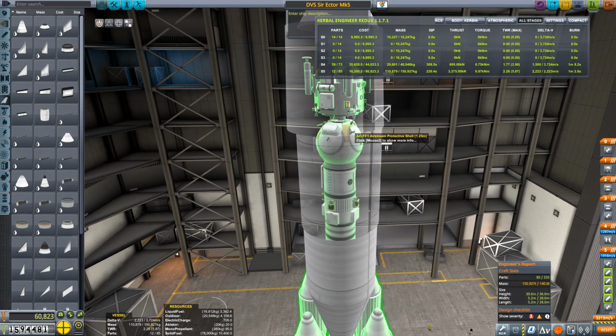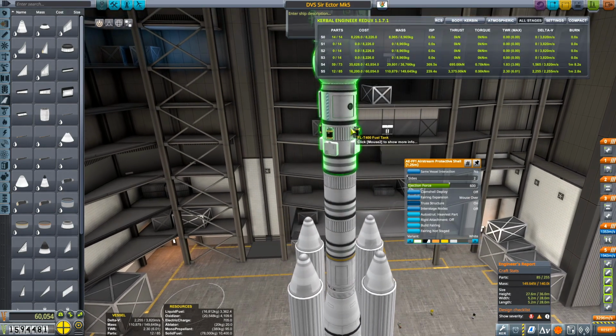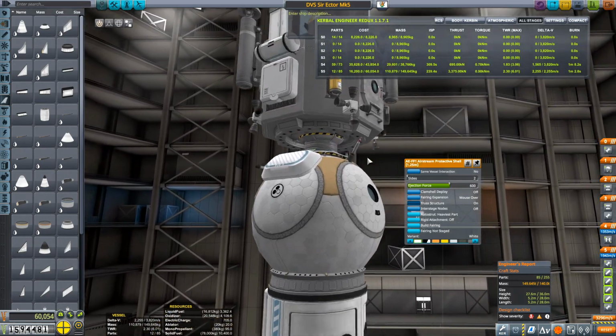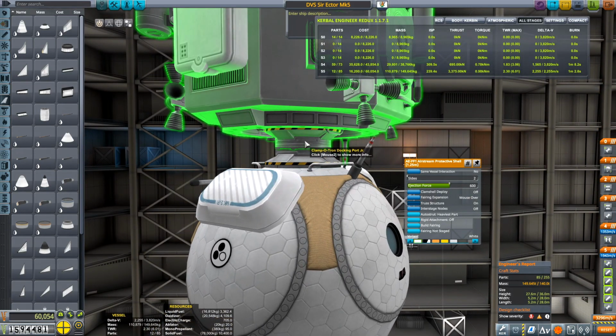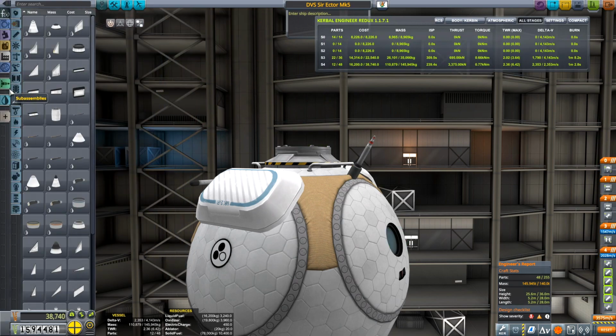This upper stage. Oh, I was gonna change the lander. So I made a new 2-stage lander. I wanted to test out the new 2-stage lander. This is the Percival 1. So I'm gonna put on the Percival 2